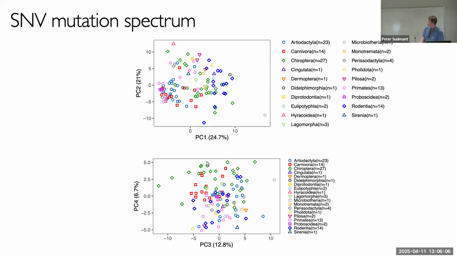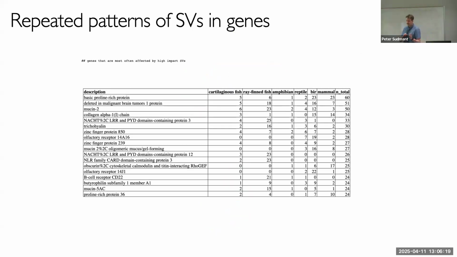The other thing we can do, which is really exciting, is we can look at genes that get hit by structural variants, that are segregating in the population and have happened repeatedly throughout evolution. So they've happened in one clade of fishes as well as some clade of birds. They're not just being lost or killed, but they're being copy number polymorphic across individuals in the population in multiple different species.